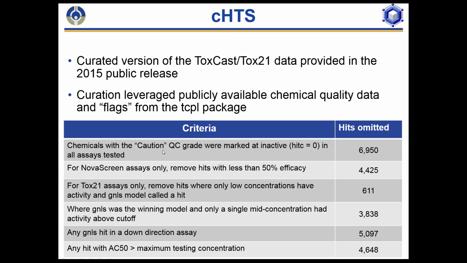So anything where we had concerns about the chemical being assayed actually being what it was stated to be, at the concentration stated and in the format stated, anything that had a caution flag was removed, so it no longer showed up as a hit. And so when you go to ICE, you'll see QC omit flags raised, and other flags for different assays as well. And any time you had a hit that was outside of the maximum testing concentration was another one, to avoid over-interpreting and giving you a potentially false sense of what the AC50 would be.